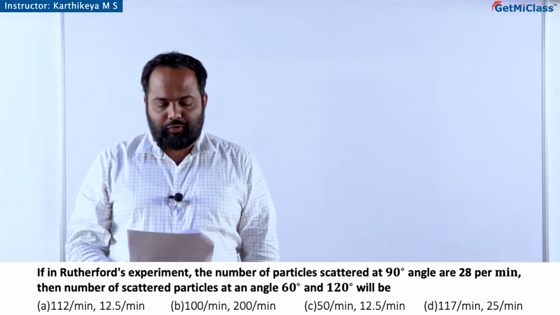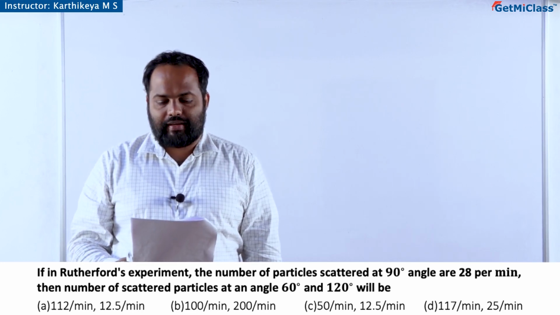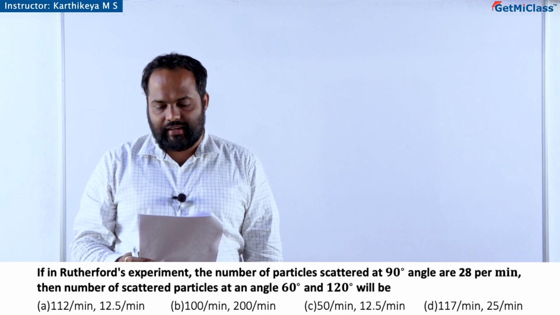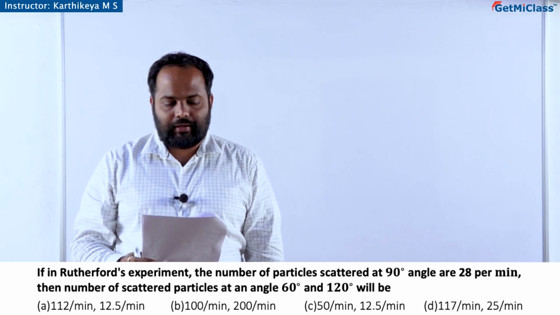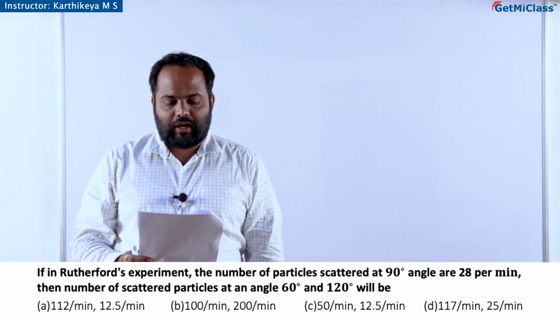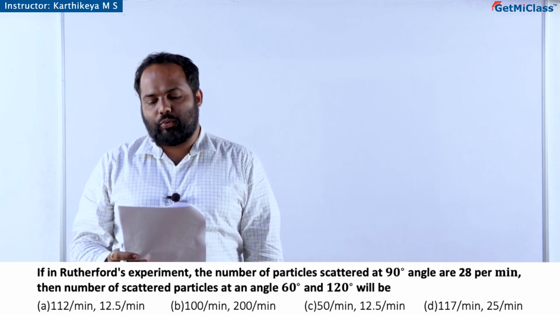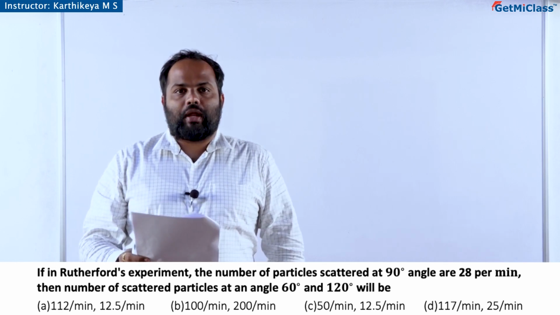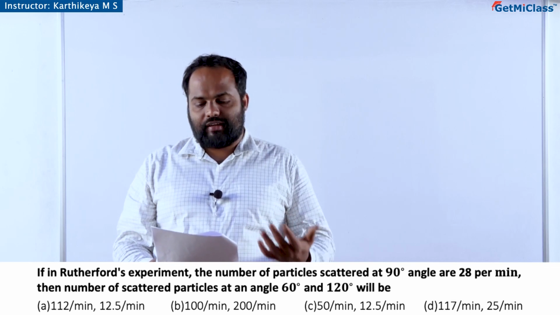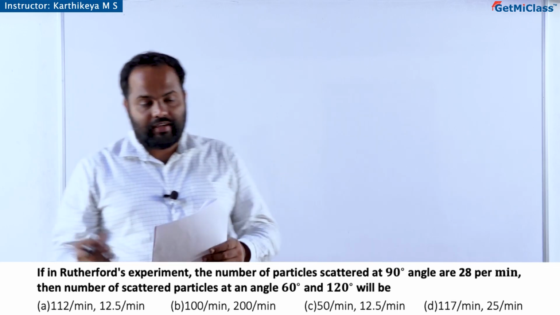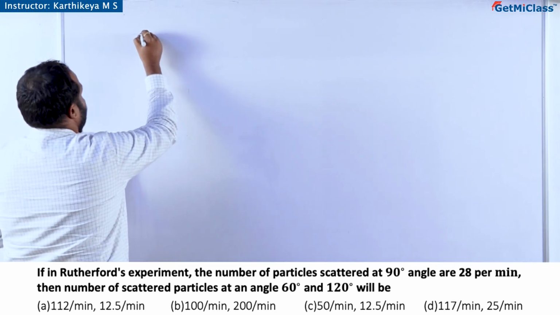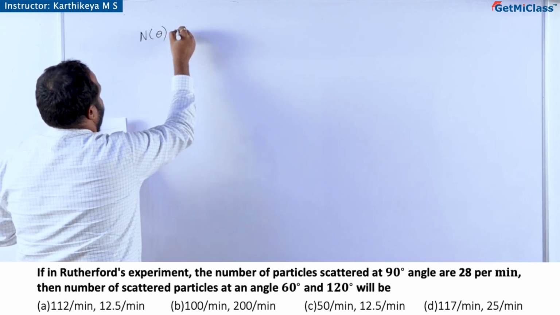If in Rutherford's experiment the number of particles scattered at 90-degree angle are 28 per minute, then the number of scattered particles at an angle 60-degree and 120-degree will be. So the number of particles scattered is given by the formula